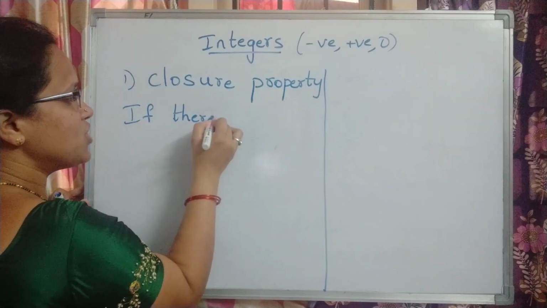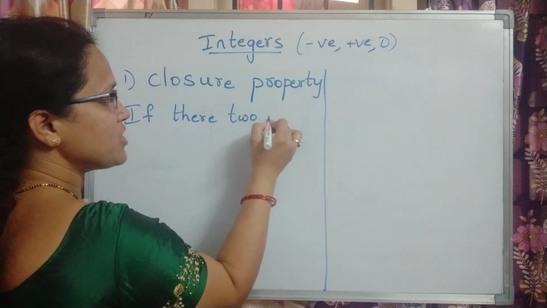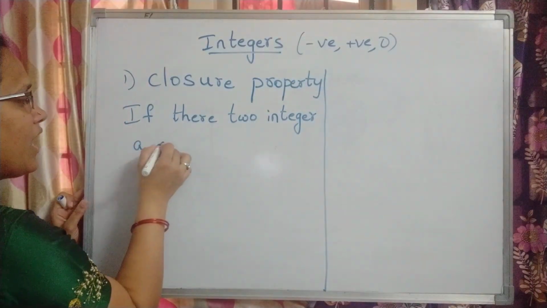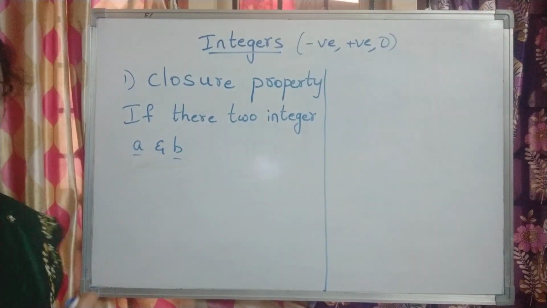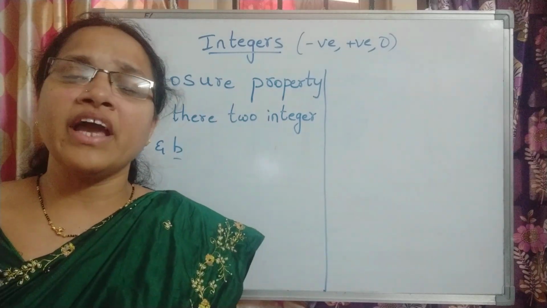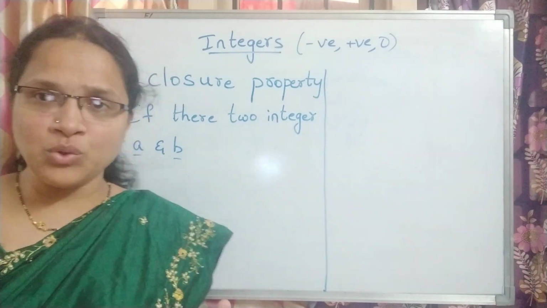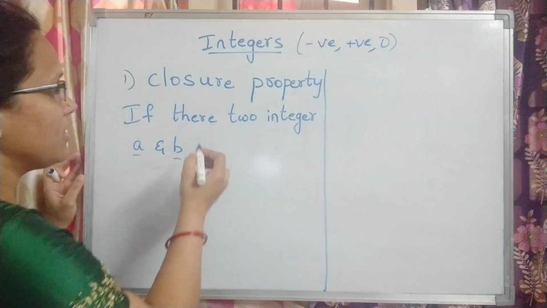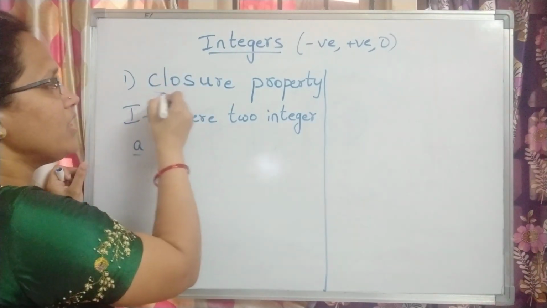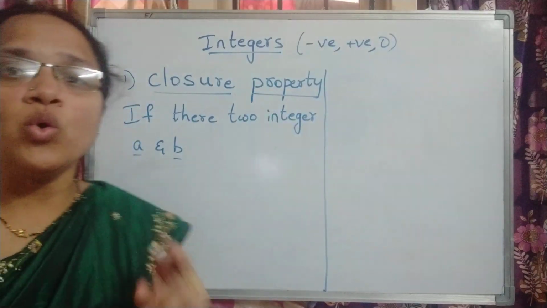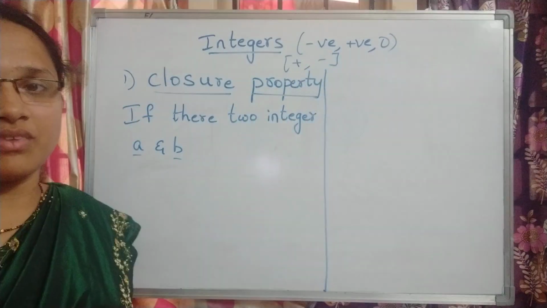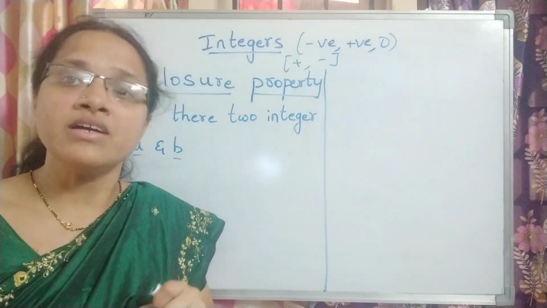of anything, like, suppose for example, let me take them as A and B. Don't worry about A and B, children. A and B are any 2 integers. When you take any 2 integers, according to class 7, here we are learning these properties under 2 arithmetic operations, mainly addition and subtraction.